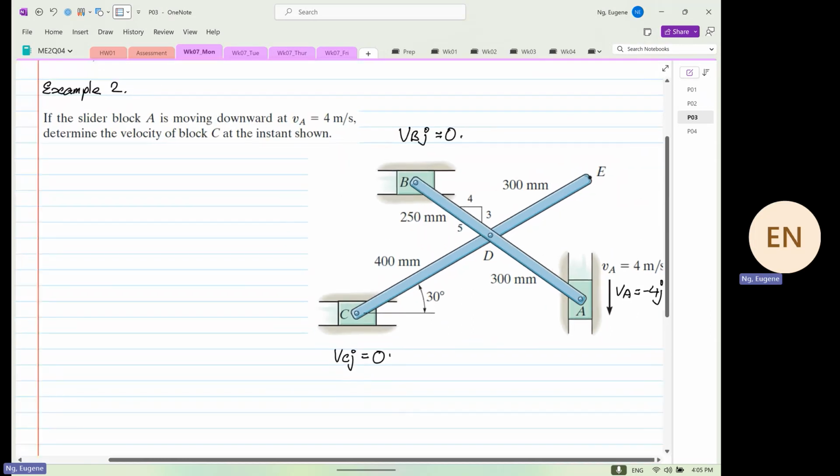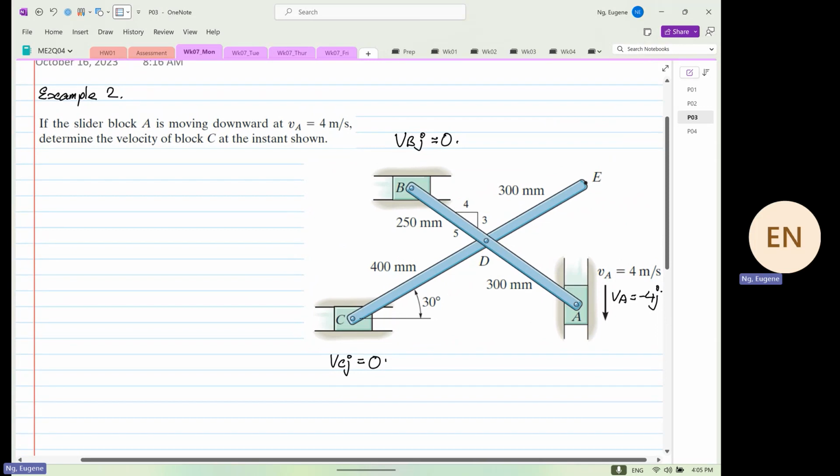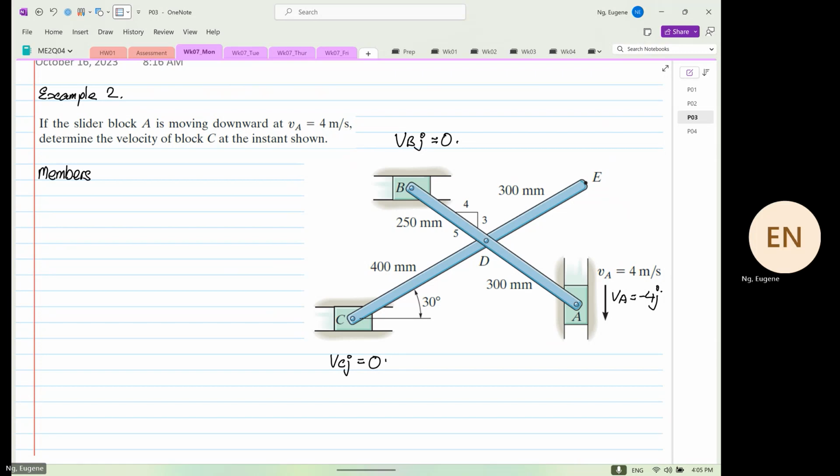Now there are rigid bodies. Okay, so identify the rigid body first. So members BDA and members CDE are rigid bodies. Okay, declare first. Okay, so we are going to now make a guess. Okay, we're going to assume